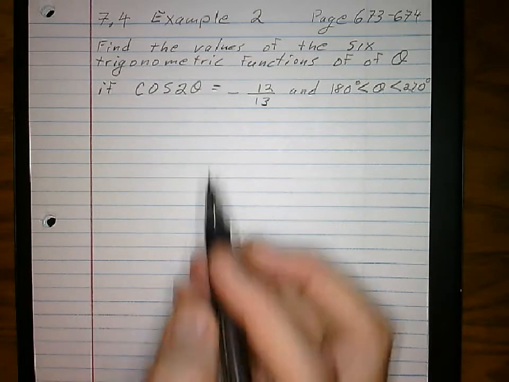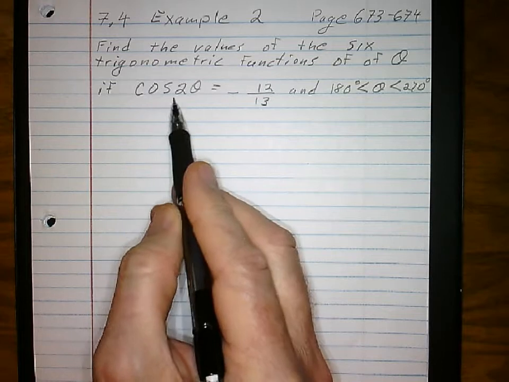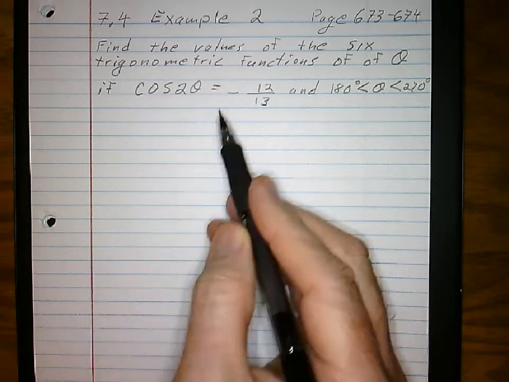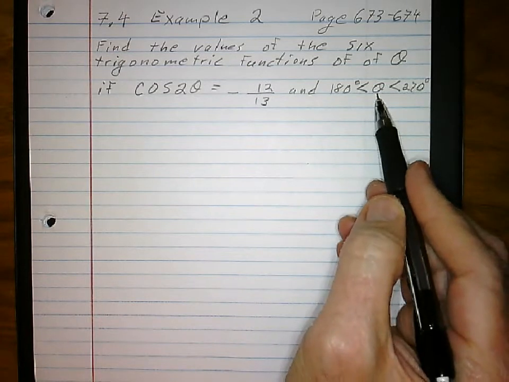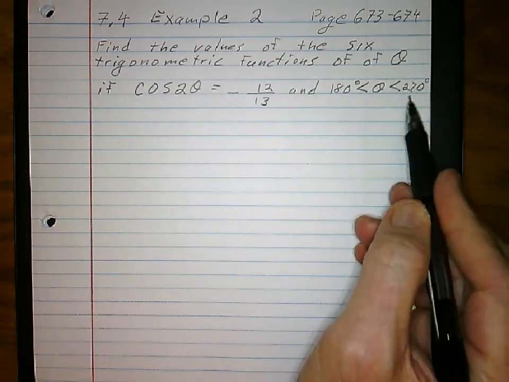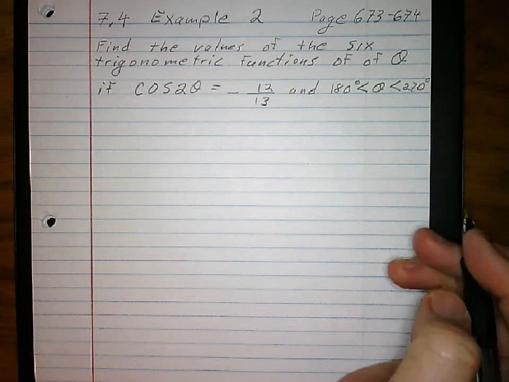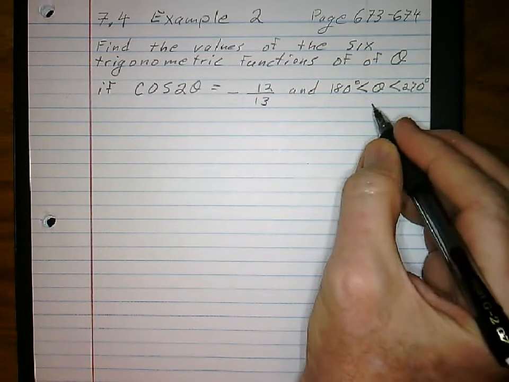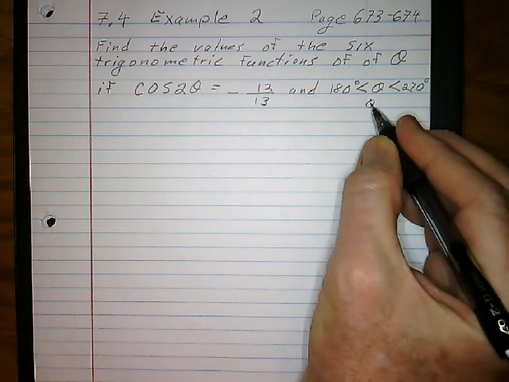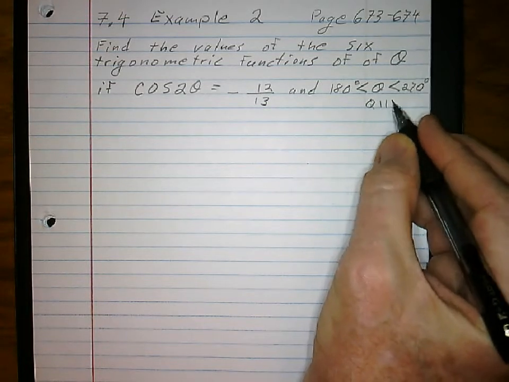So this problem, they give you what the cosine of a double angle is. Cosine of a double angle is negative 12 over 13, and they also say that theta is in between 180 and 270, meaning theta is in quadrant 3. So you know your angle here is in quadrant 3, and really the first thing you do before you do anything